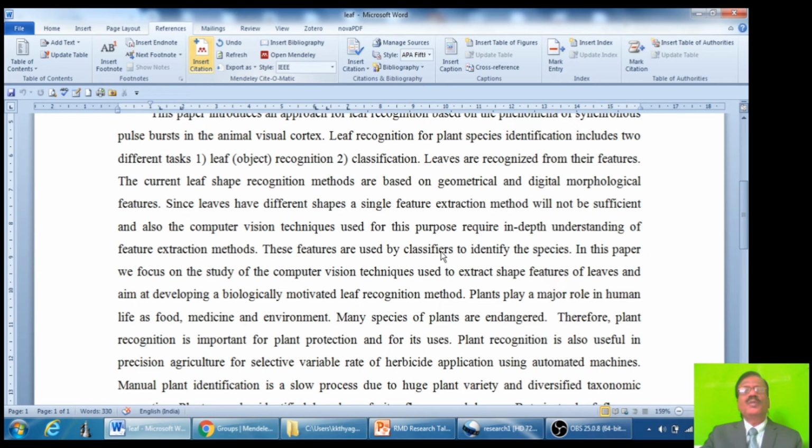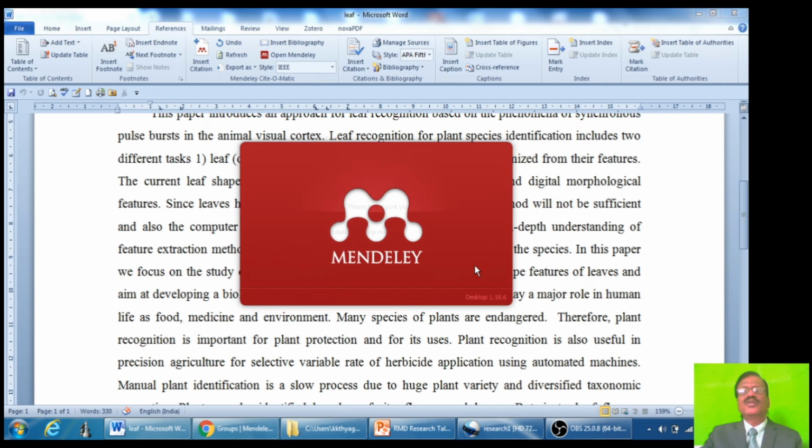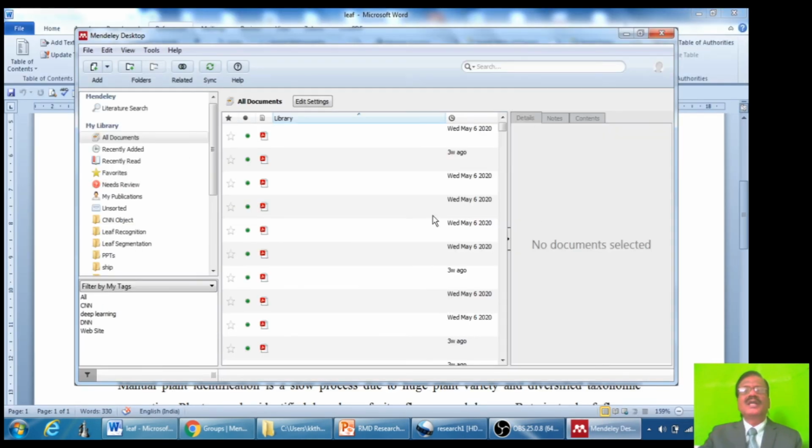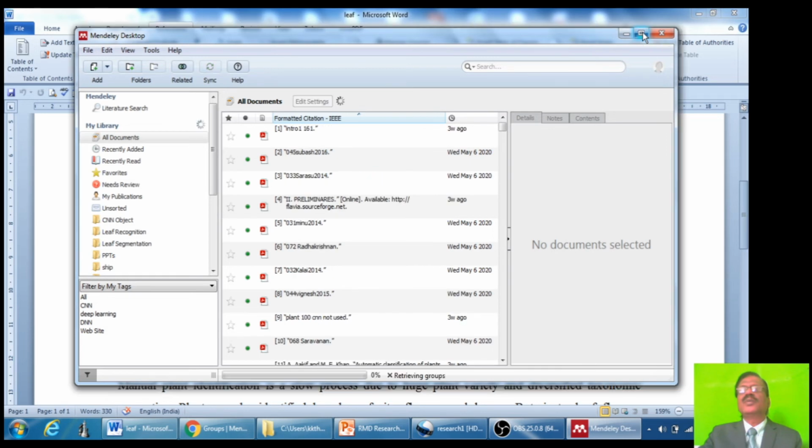It will open Mendeley. Let us wait, don't worry about that one. So Mendeley is being opened.